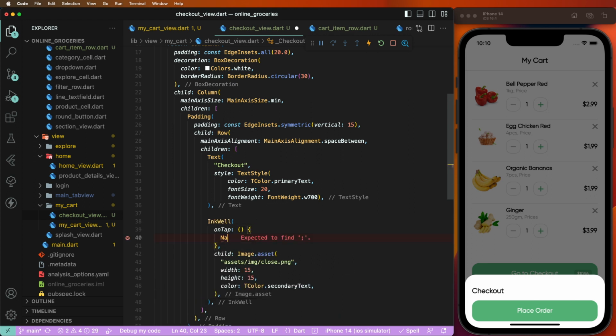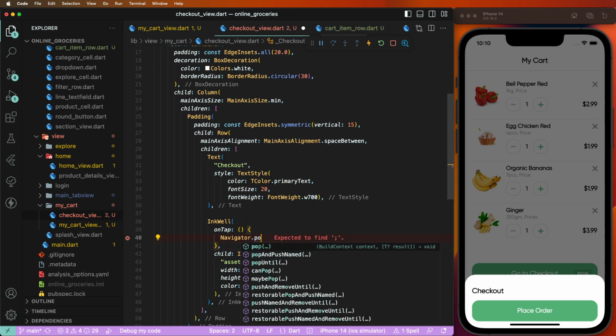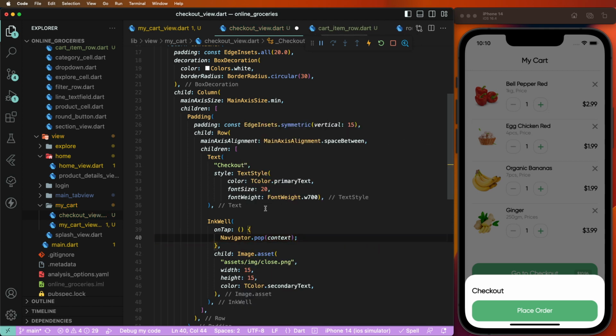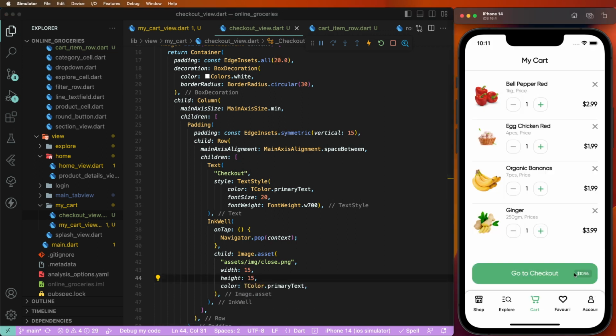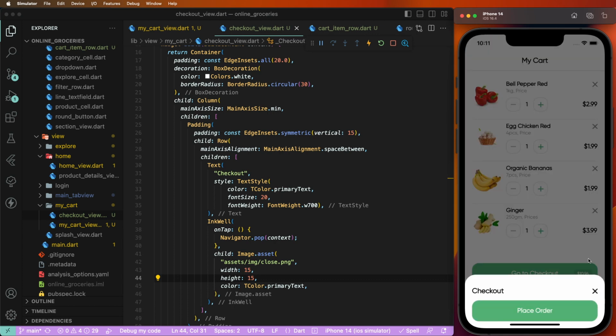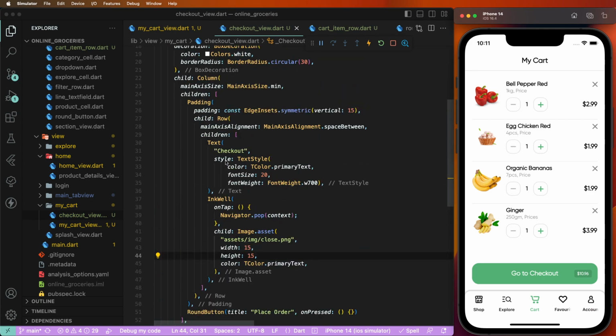Now need to write down here navigator pop and text. Set here the primary colors. Text. Now need to set here check it. Yes, outside click not work. This is the for this and now need to develop here first of all the